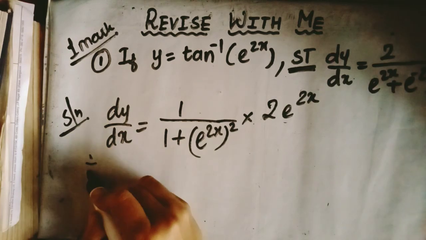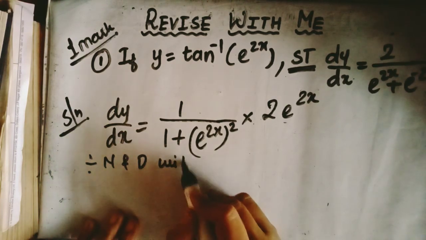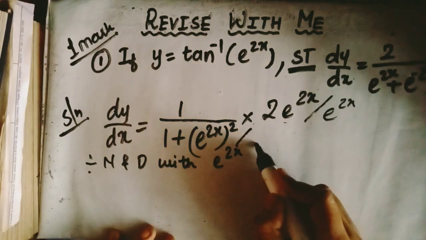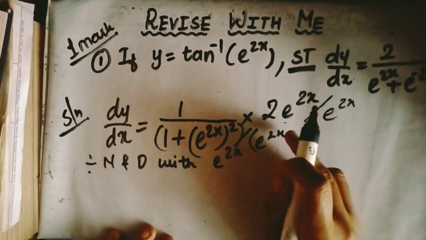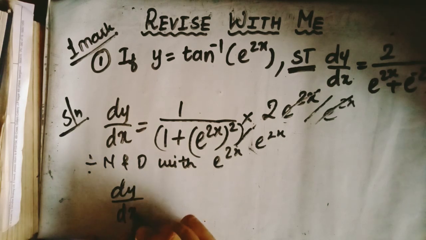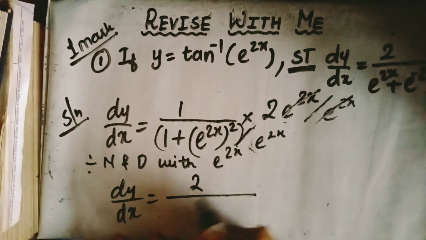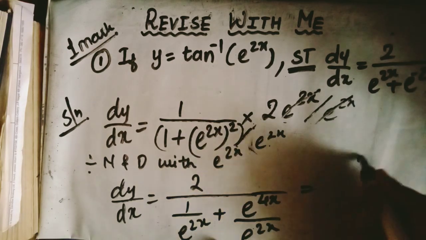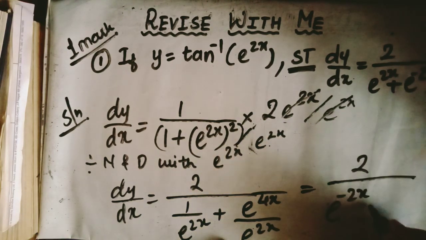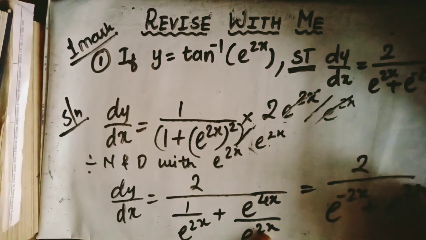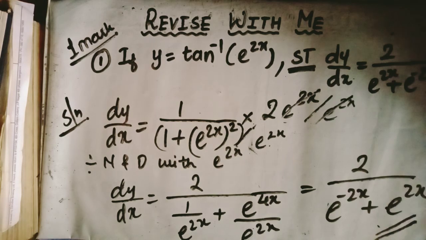So dividing numerator and denominator with e raised to 2x, you'll get, okay, I'll write here, okay, the whole term you are dividing, so you'll get 2 upon e raised to 2x, so 1 upon e raised to 2x plus e raised to 4x upon e raised to 2x, okay, which you can write as 2 upon e raised to minus 2x plus e raised to 2x, and this is our required result. Okay,